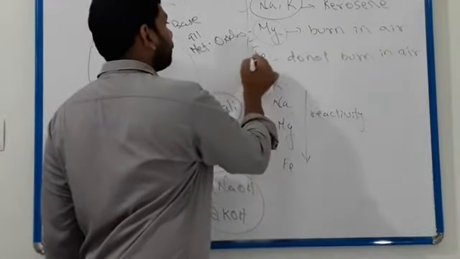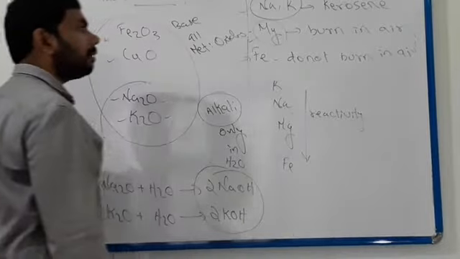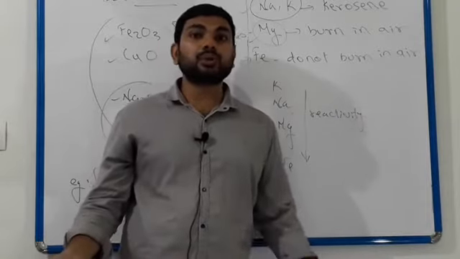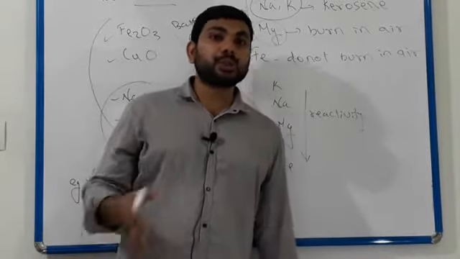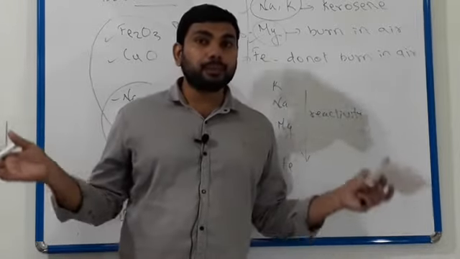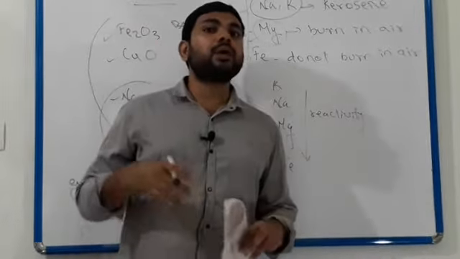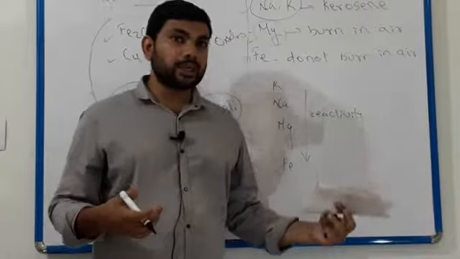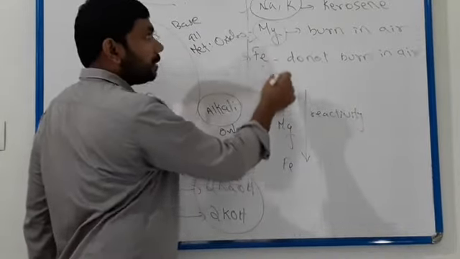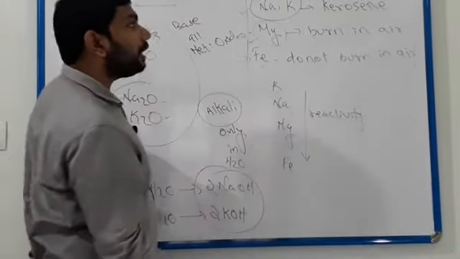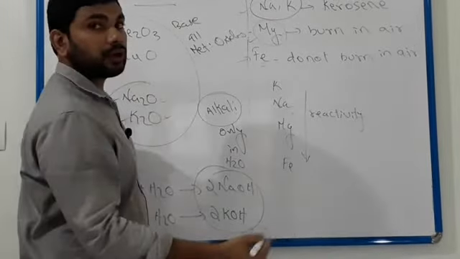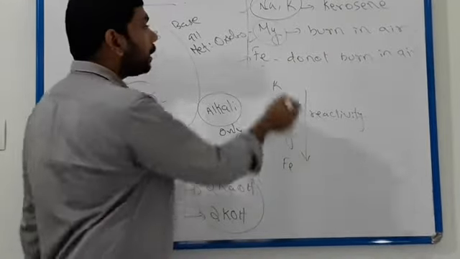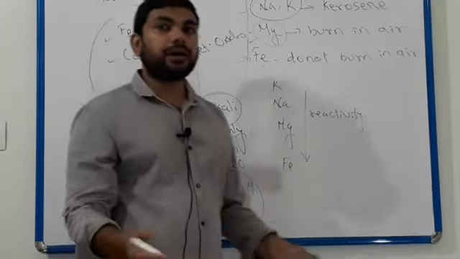Also here Fe, iron does not react. You cannot burn iron by heating in air. You need to apply a very high temperature, not a normal flame. You have to use an electric heater or a higher temperature to melt iron or to react it with oxygen. So here iron is less reactive. Sodium and potassium rapidly react with oxygen, and you cannot keep them in air. Magnesium will react after burning in air. Iron does not react with oxygen after burning in air.